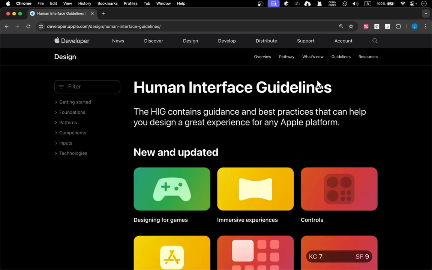Okay, if you click guideline, you'll be directed to the Human Interface Guidelines. It's just how you should design things, how to make your app follow Apple's standards of design. It's kind of like an industry standard set by Apple. So for example, if their iOS system got updated and it's a really flat design, you can't do all this 3D stuff. It's kind of like a monopoly sort of thing,